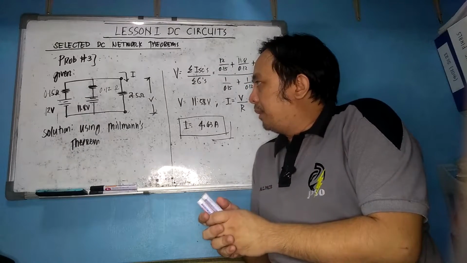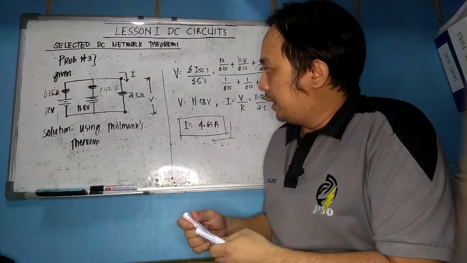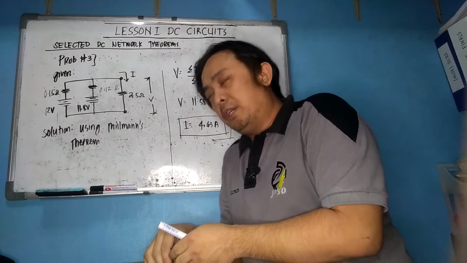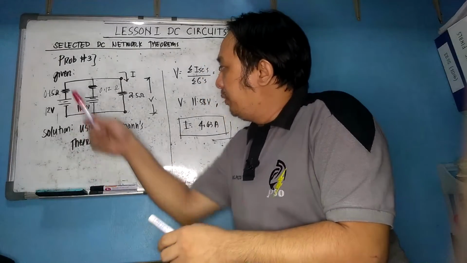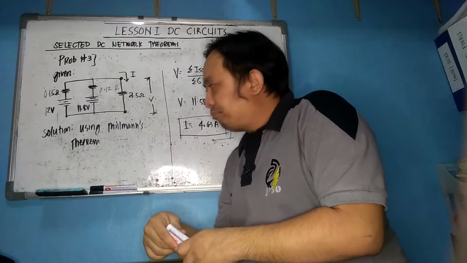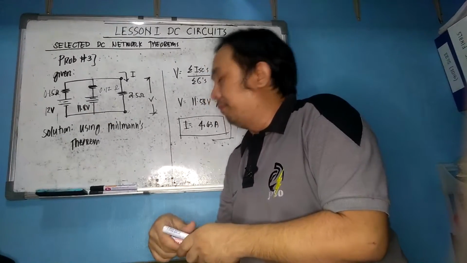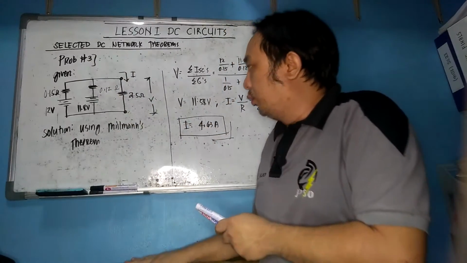So to solve the problem, we need to draw the circuit first. The circuit here has parallel branches of two batteries, wherein the batteries have internal resistances of 0.15 and 0.12 respectively. Then the batteries have ratings of 12 and 11.8 respectively. So they are supplying a common load of